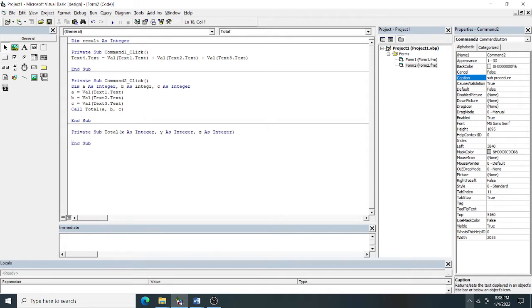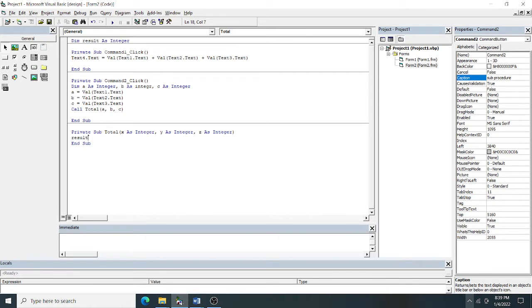It is automatically creating the End Sub. This is called your sub procedure, which is also your general procedure. In this general procedure, we have declared the global variable result. X contains the value of A, Y contains the value of B, and Z contains the value of C. So A, B, C are actual arguments, and X, Y, Z are your formal arguments.